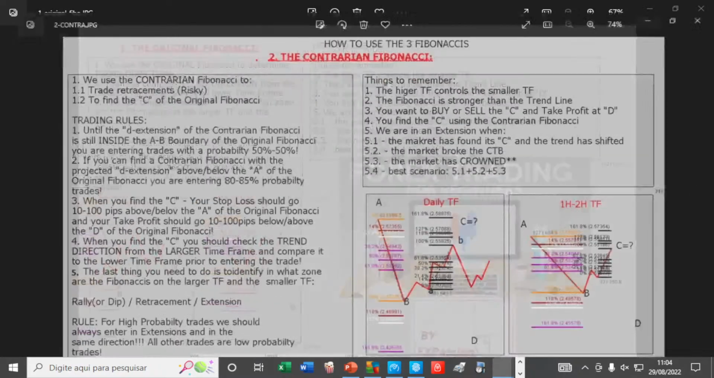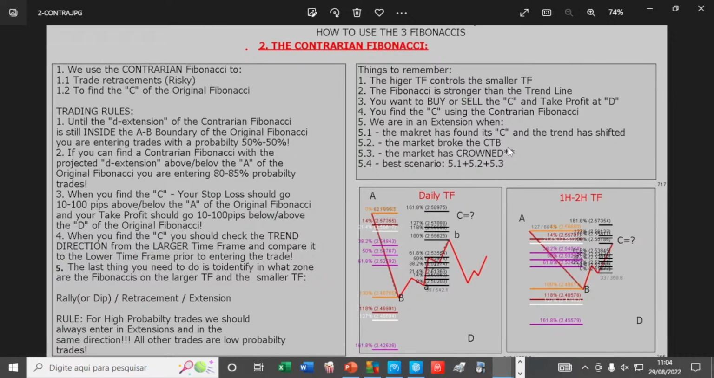This is one. Then we learned about the contrarian Fibonacci. Take a screenshot, make a photo of these two. So we use the contrarian Fibonacci to trade retracements, which is risky, and to find the C of the original one. And we learned with the contrarian Fibonacci that once we find what it's called the confirmed C, once the sub D, the D extension, very slowly for the grandpa and grandma, once the sub D extension. What is the sub D? The sub D extension is the extension, in this picture it's color coded in black. It's the contrarian Fibonacci. Once the sub D extension is above or below the A,